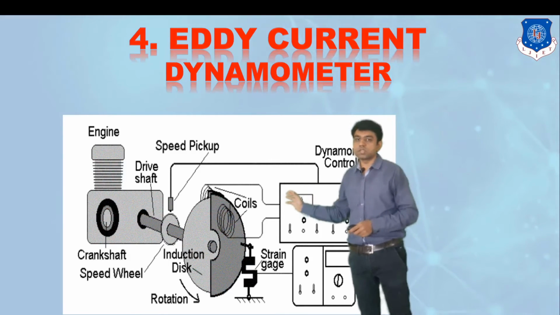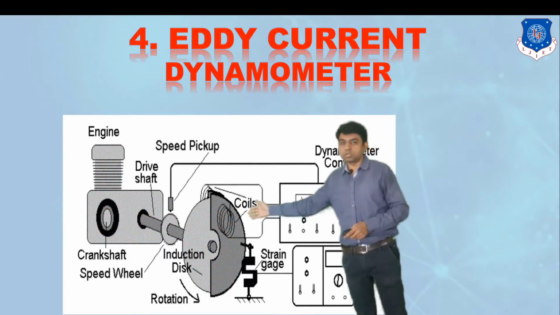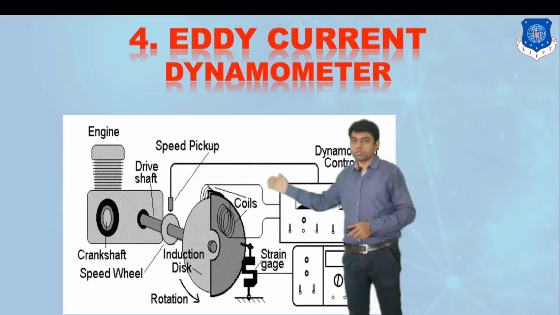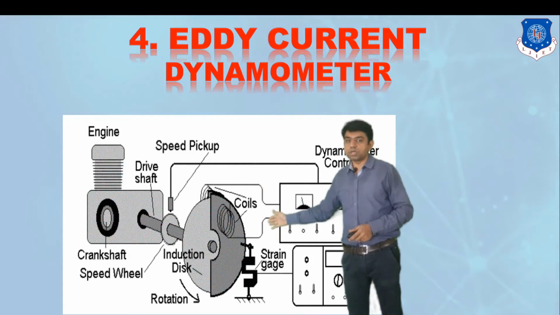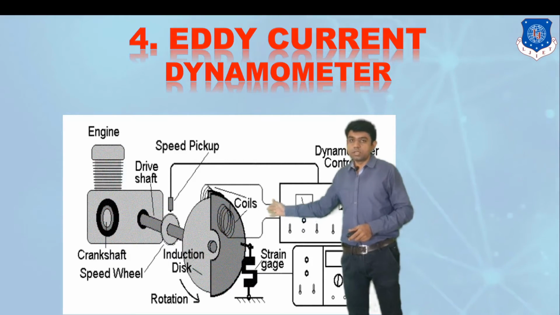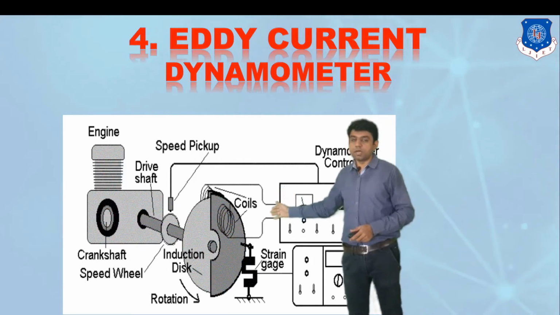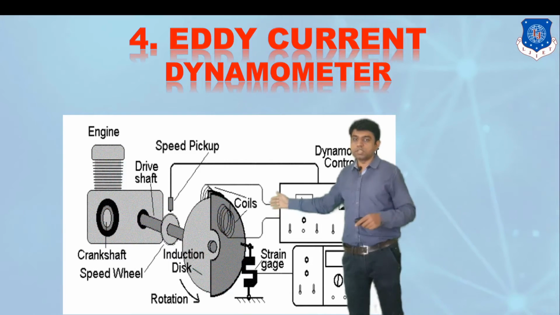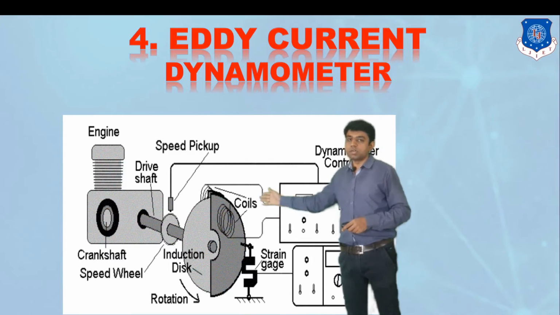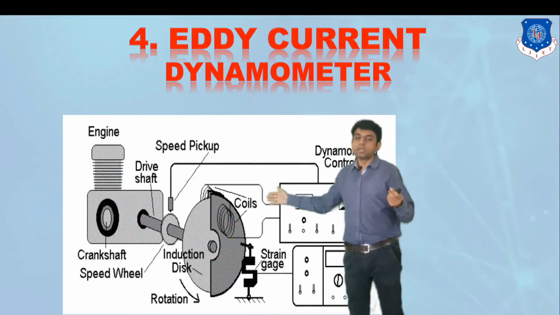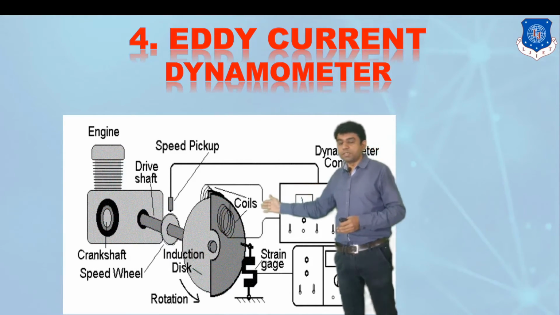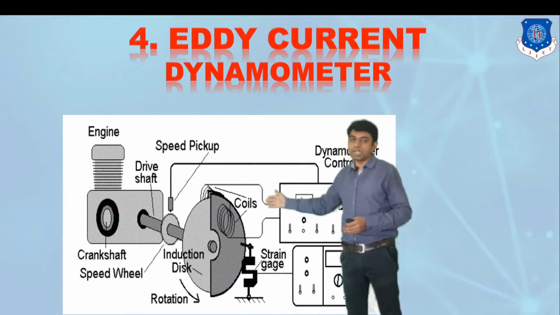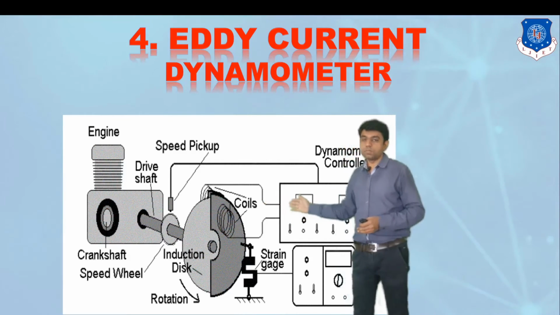In this concept, eddy currents are being produced. But let us understand the setup first of all. The engine shaft is coupled with this kind of rotor. This rotor is rotating in the stator region which has coils. Now these coils could be magnetic coils, right? So a magnetic field would be there, or it can be through the electrical supply also.